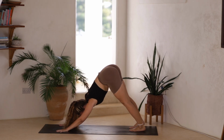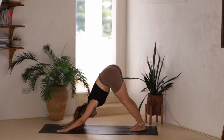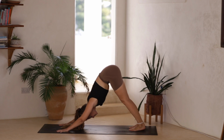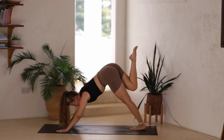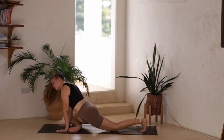Well done. Take a full breath in and exhale out. With our next inhale, we reach the right leg up behind us. And then as we exhale, draw the right knee towards the right wrist and find a pigeon pose for the